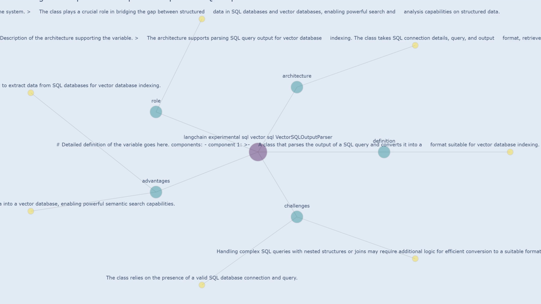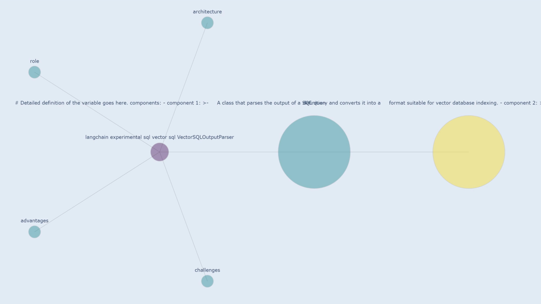langchain_experimental SQL vector SQL output parser. Definition. Detailed definition of the variable goes here. Components. Component 1. A class that parses the output of a SQL query and converts it into a format suitable for vector database indexing. For example, this class can take a SQL query that retrieves customer data from a database and transform the output into a list of dictionaries, where each dictionary represents a customer with fields like name, address,